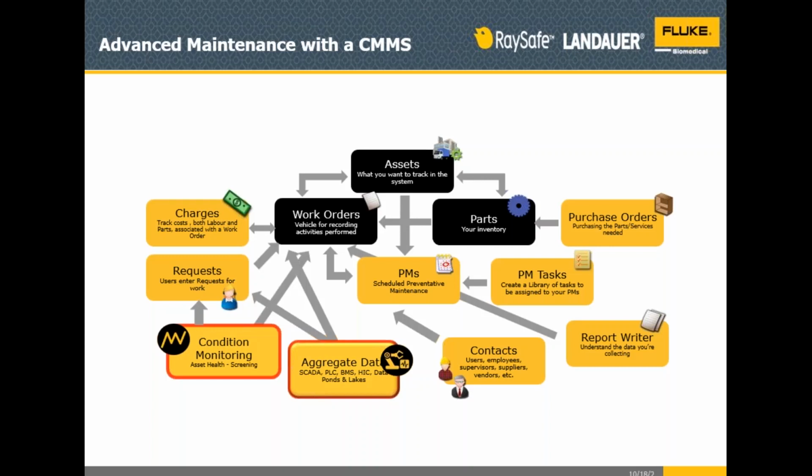So besides all those current uses of CMMS, like tracking, PM, and contact reports, you'll notice that in the lower left corner it's called condition monitoring aggregate data. Basically, they use the CMMS with all the data in the system. They monitor the condition of devices, and the software analyzes and predicts when a device may fail. So they will schedule a PM or schedule a new purchase before the device fails. This is especially helpful if you have a very expensive medical device. This is called